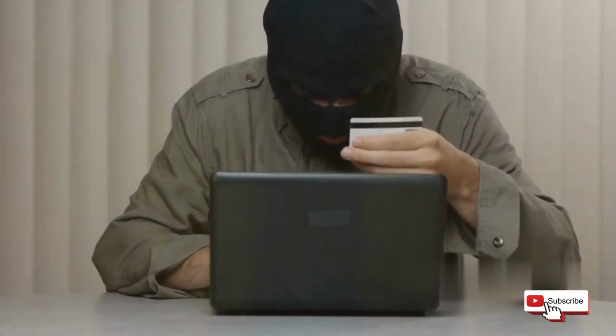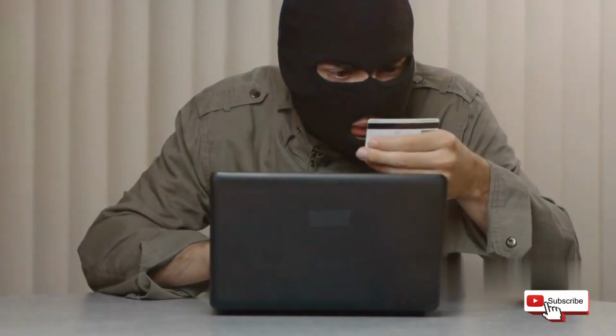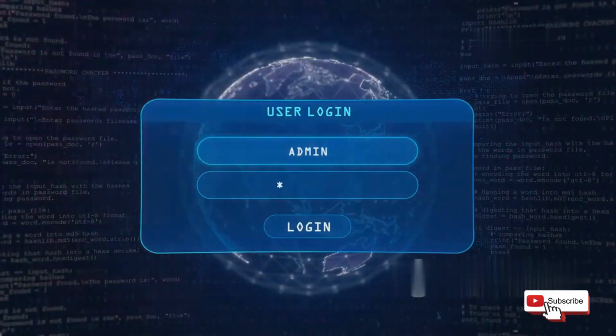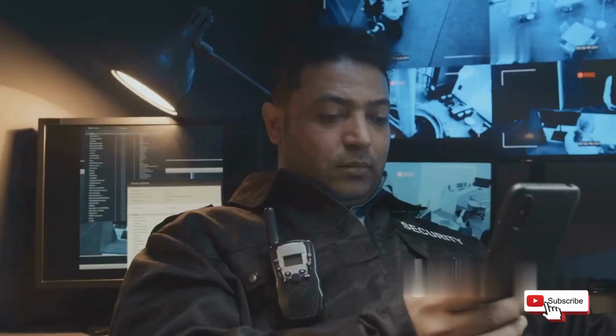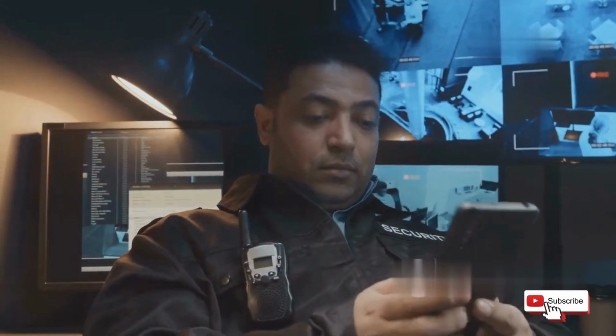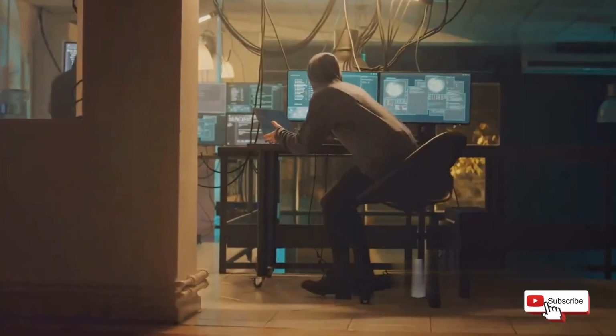You receive a call from your bank about suspicious activity on your account. A hacker used your stolen identity to open credit cards, racking up debt and ruining your credit score. The hacker accessed your information through malware on your smartphone. You notice someone knows your every move. Your smartphone has become a tracking device, allowing a stalker to monitor you. This scenario highlights the potential for smartphone spying to escalate into physical danger.